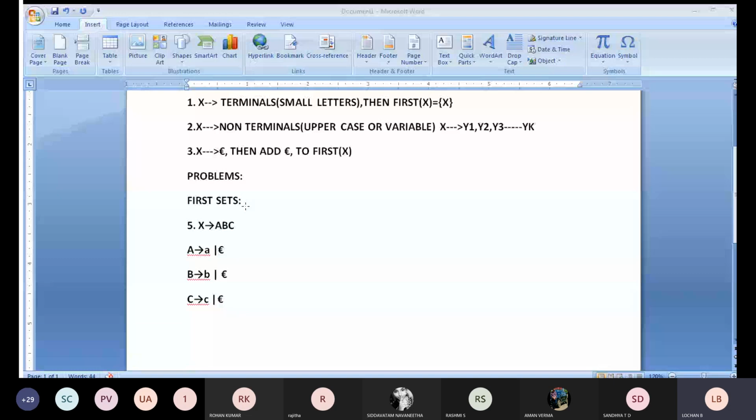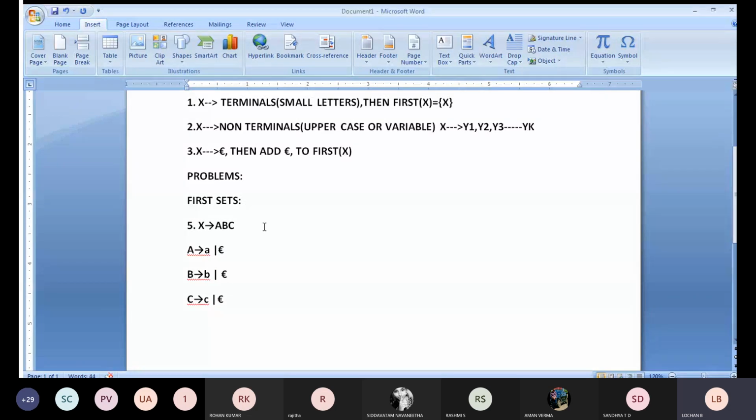If you want to complete, you complete it. I'll give time. Once you complete, you just tell me. We'll move to the follow concept. Some follow I'll tell, and a few basic problems we'll do for the follow. Once you complete it, just inform me. We'll move to the follow part.